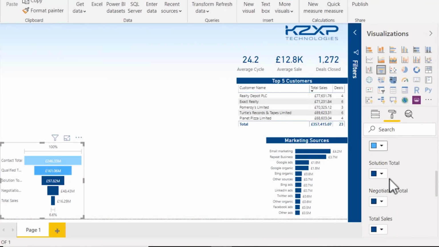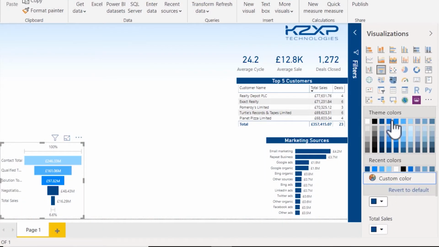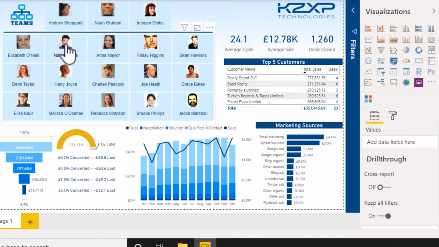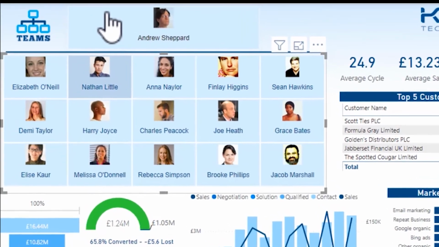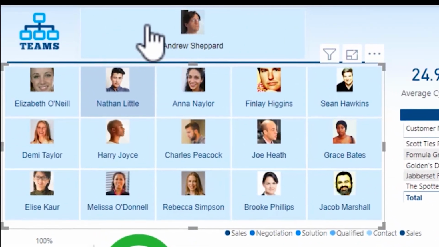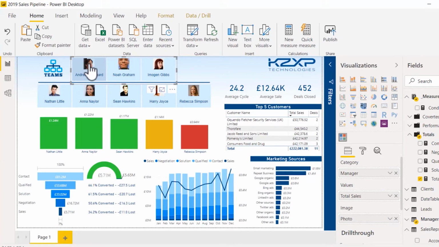We then turn our attention to visualizing our data. We look at using the funnel visual, as well as displaying a hierarchy of images in slicers, which enable the user to track the performance of sales managers as well as individual salespeople. We also look at a useful technique for creating a chart which only becomes visible when a slicer selection is